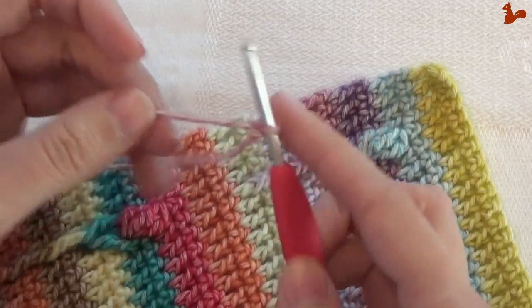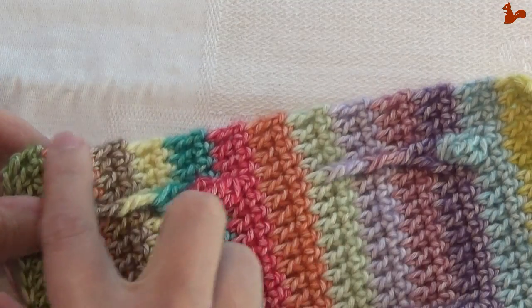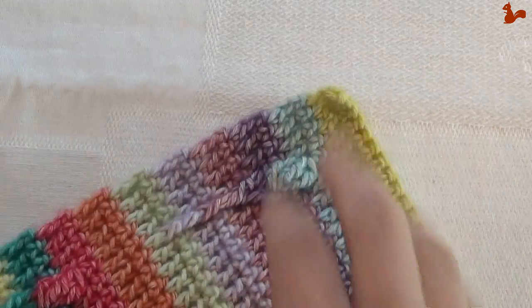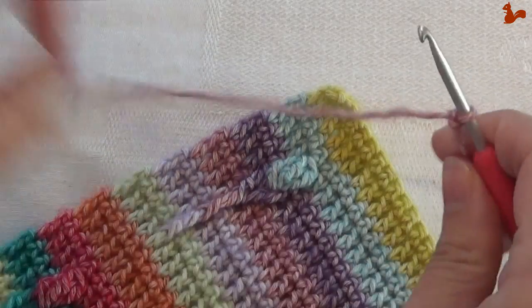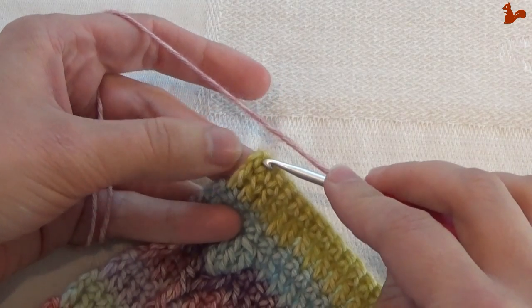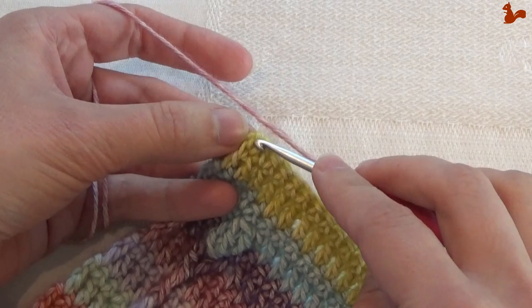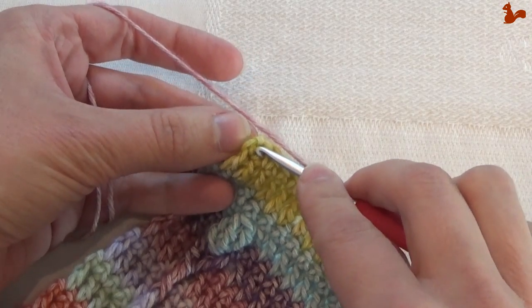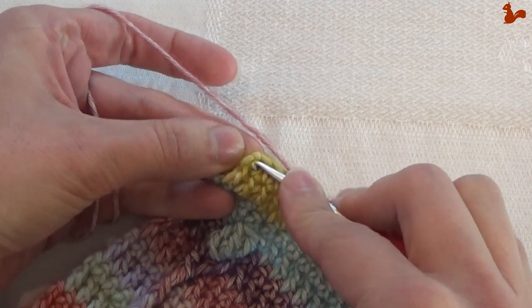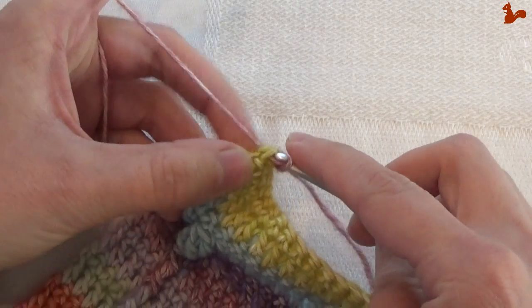So I have a slip knot on my hook, and this is the edge along which we're going to be making the slip stitches. I'm going to insert my hook in the first stitch. This happens to be a single crochet here at the edge. I'm just going to insert my hook there, do my first stitch there, just going to punch my hook in there, in that last stitch,